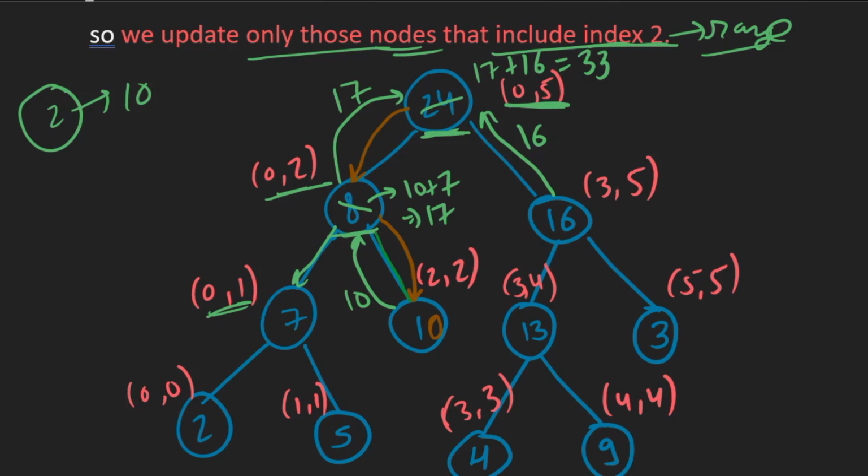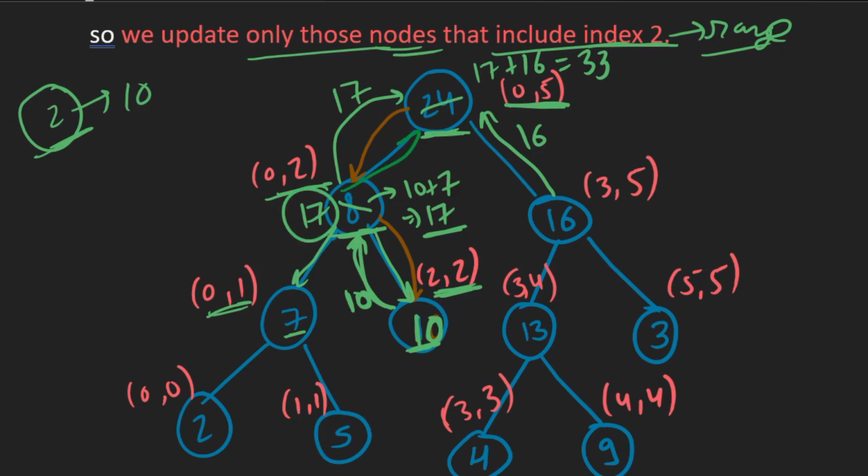So we go to the right child. Right child is 2 to 2. It includes index 2 in its range. So earlier we had the value 1. So we update value 1 to 10. So now we have updated value 1 to 10, and we return value 10 from here, right? Now this node will take the value of its left child and the updated value of its right child. So the value of the left child is 7 and the value of the right child is 10. So 7 plus 10, 17. So this node value is also updated.